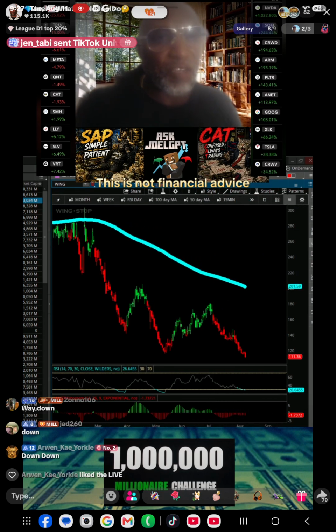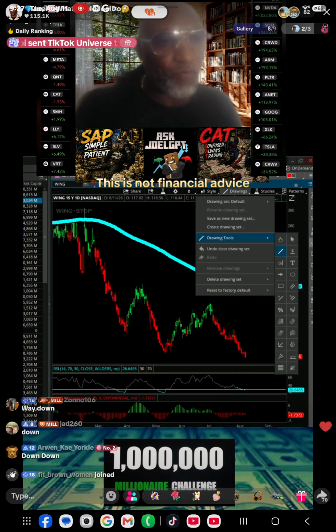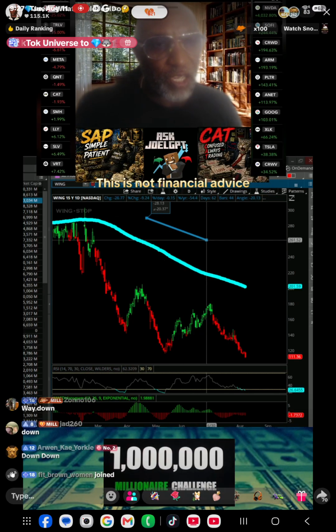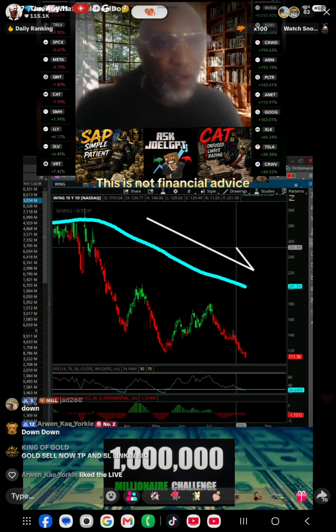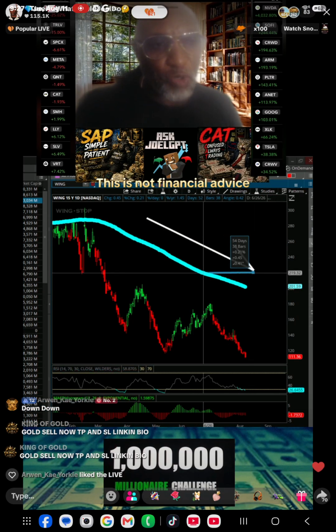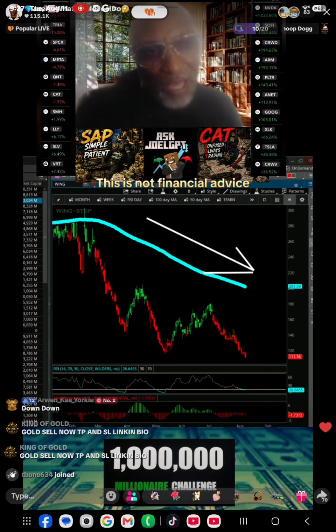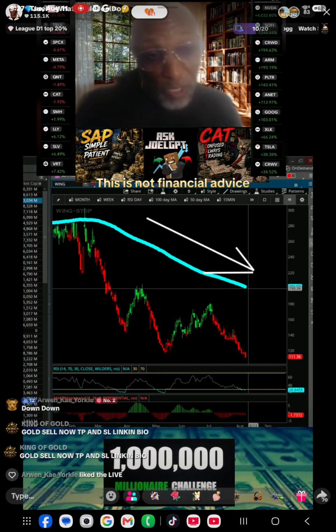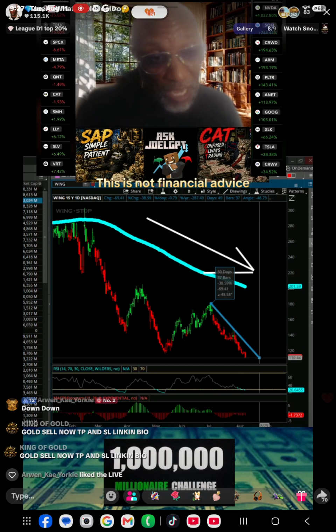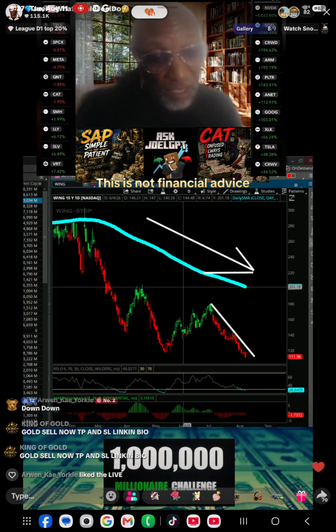And I saved myself a lot of money. And now all of those funds are in my Shake Shack. The 200-day is angled down. That means you don't want to be around. The only way I would buy this is if it breaks this trend and it can stay on the other side of this trend line for 3 days.